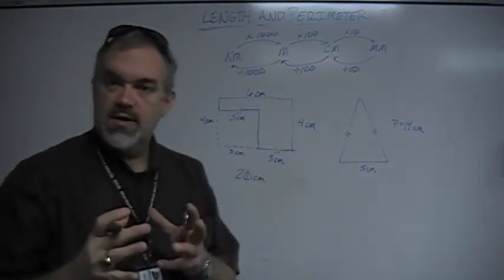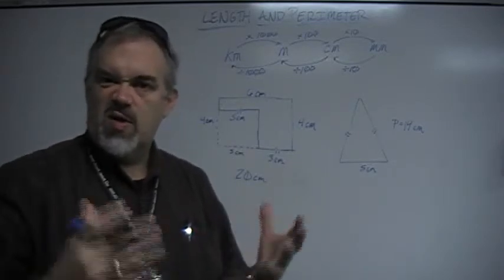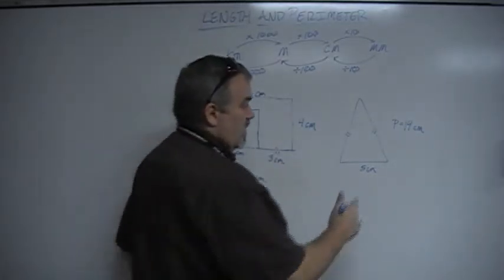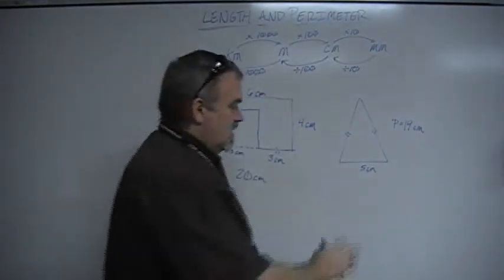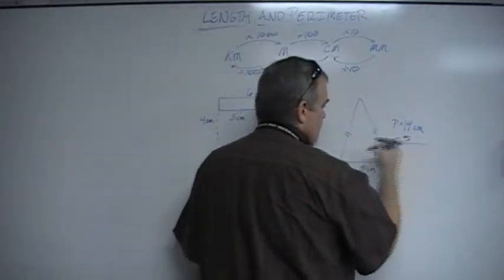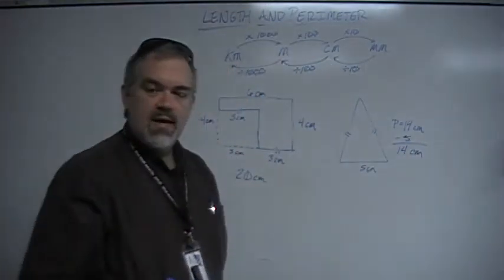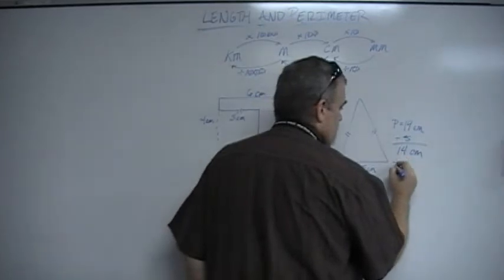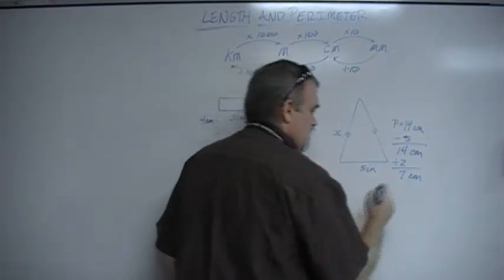Now we can also take figures that were given the perimeter and we can figure out some of the sides. We can do that algebraically, or we can do it sort of informally. So we'll do it informally first. Here's a triangle, and we know that the perimeter is 19 centimeters. The distance all around is 19 centimeters. This side we're given is 5. So if we take that 5 away from the 19, then we know that these two sides together must be 14 centimeters. And since there are 2 of them, and we know that because of those hash marks they're the same, so we divide by 2, and we find out that x, or this side here, is equal to